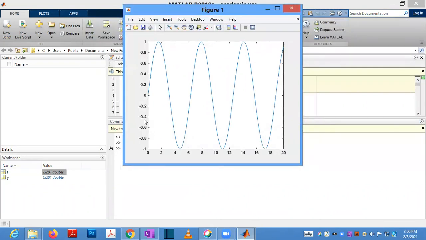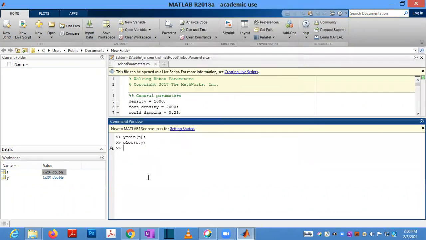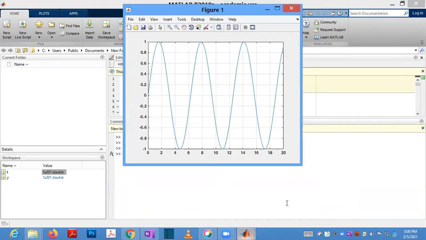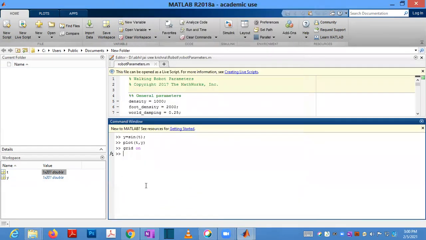And grid on means it will turn on the grid lines in the plot. So all these things are possible with this plot.